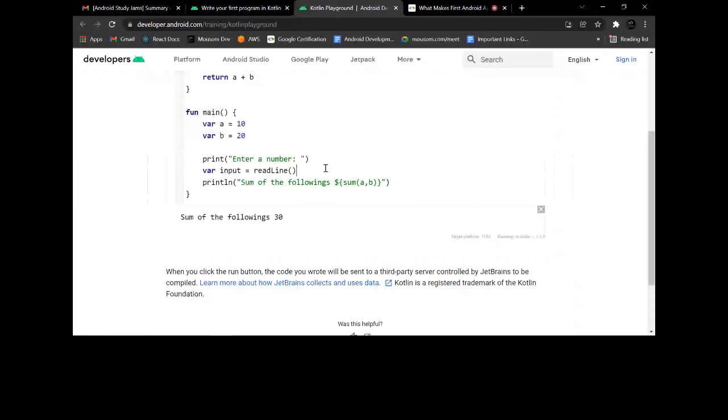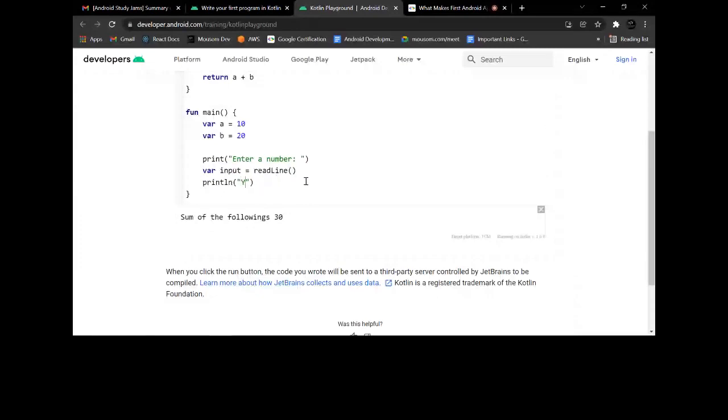I don't know if it will run over here or not, but on a real PC it will run. Let me see. Just write these things: print, enter a number, and take one variable and write the keyword readLine.